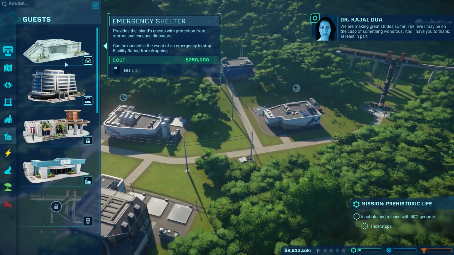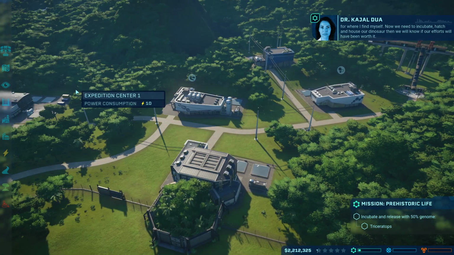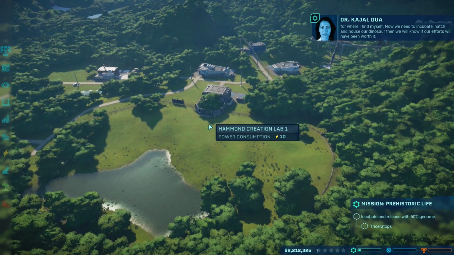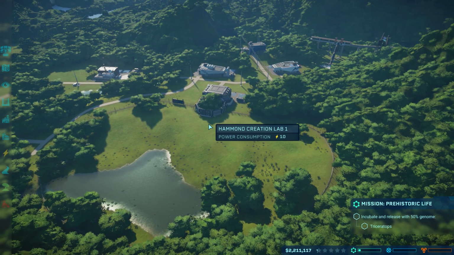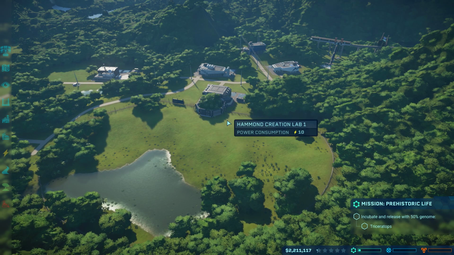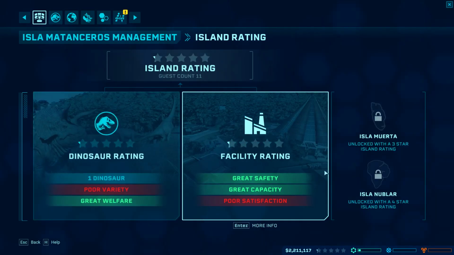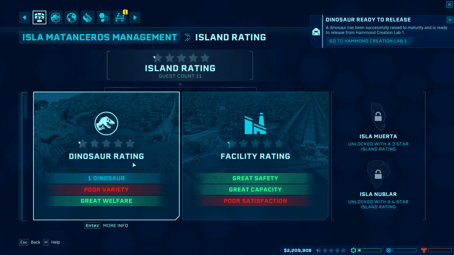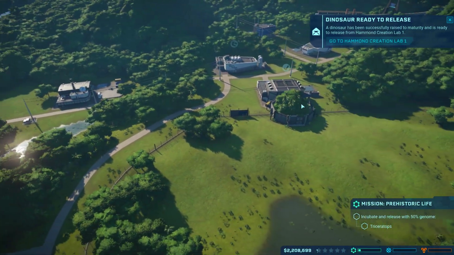Now, there are guest enclosures, emergency shelters, fast food, gift shop. We're going to want to build all this stuff to have a fully functioning island. And that'll also increase, as I mentioned here, your island rating, because you need to have a facility rating. So these are basically, do you have shops, hotels, are your customers happy? Then dinosaur rating, are you entertaining? Do you have a good variety of dinosaurs? And how are they feeling and acting to keep your